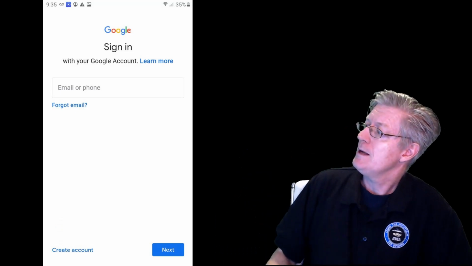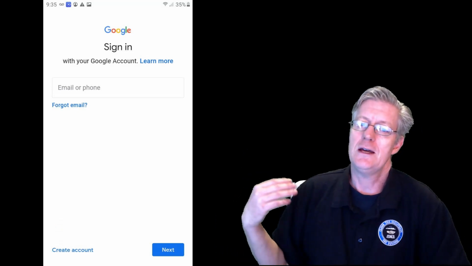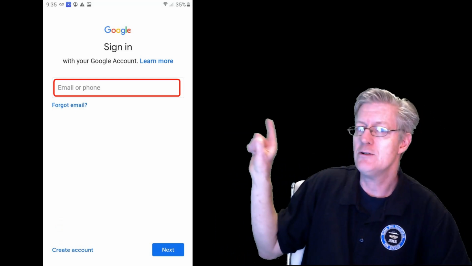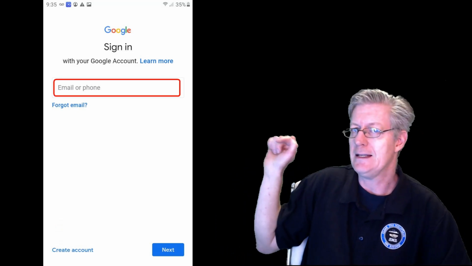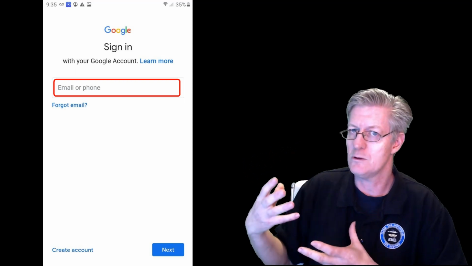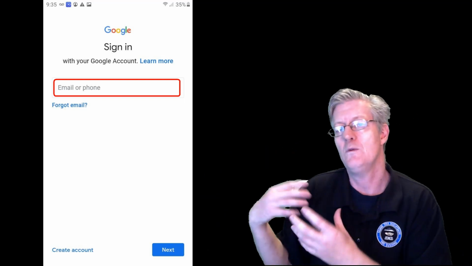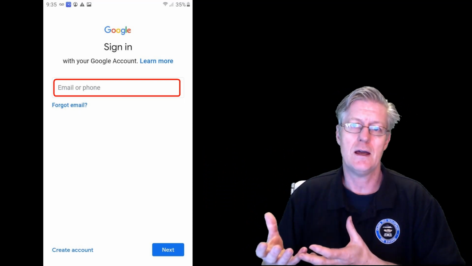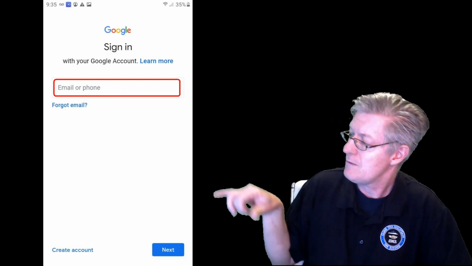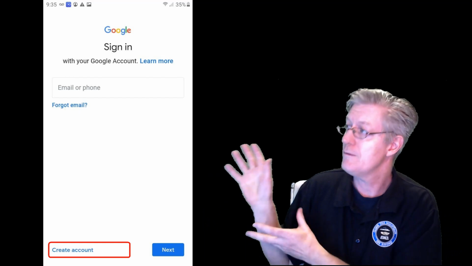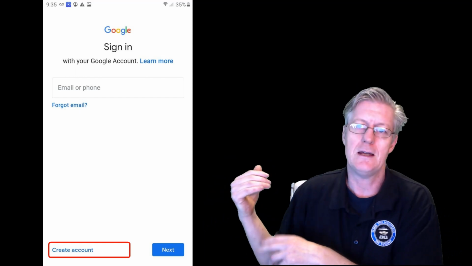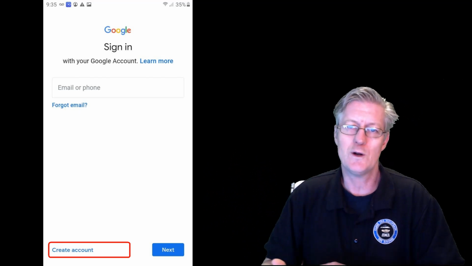Within this screen you can add your Google account simply by typing in the email address at the top and clicking on next, then your password, and then it will synchronize within that one account. Now let's say you wanted to add a new account or create one if you didn't have one. If you look at the very bottom of this screen, it says create account, and you tap that and you can create a brand new Google account.